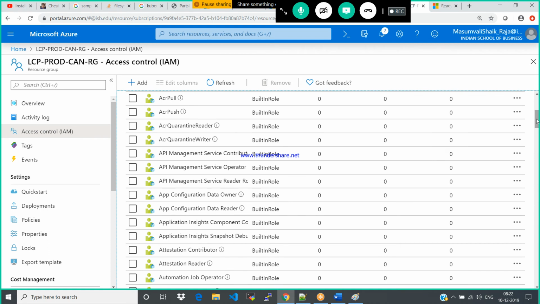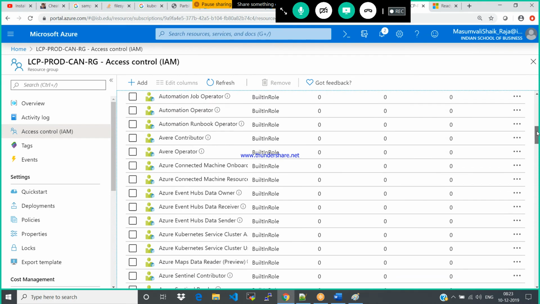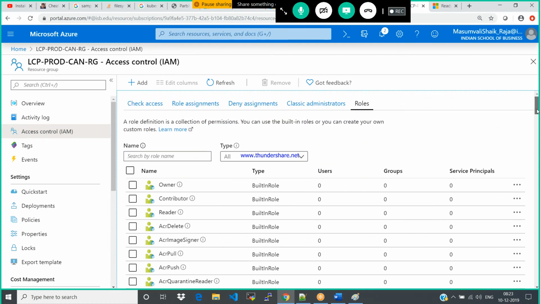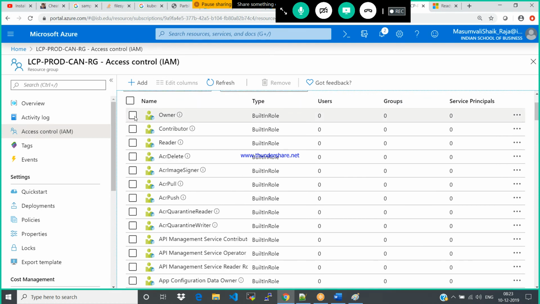How many types of RBAC are there? Two types. What are those? Predefined and custom. These are all the predefined roles which are provided by Microsoft. See how many roles we have. If I say the owner, he is capable of